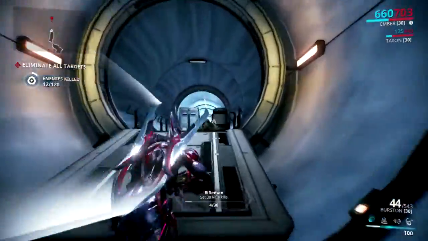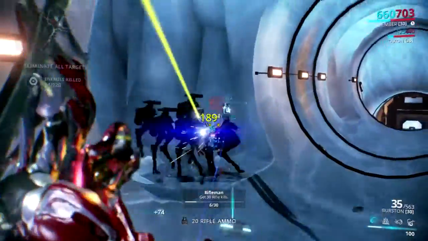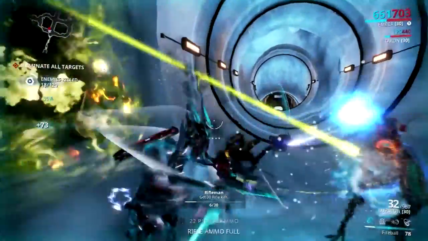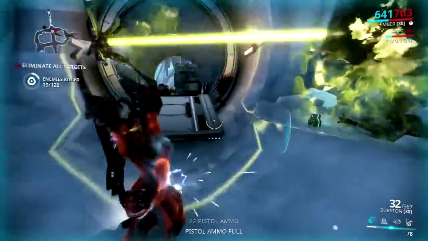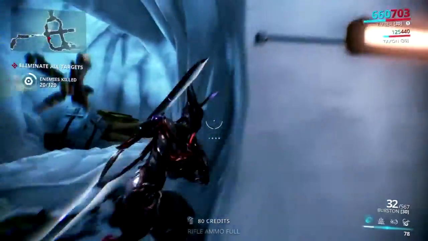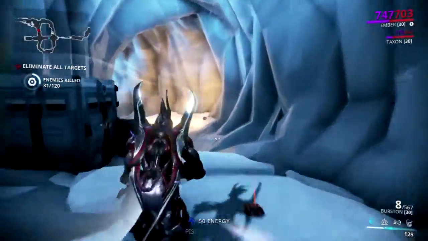Me personally, when I use the primary, I go immediately to the melee weapon once they're close enough. I just like to kill them with the sword. But on that note, I'm going to go ahead and pass it back to Maniac for numero uno. And that is why you don't get as many kills as me. But number 1 is